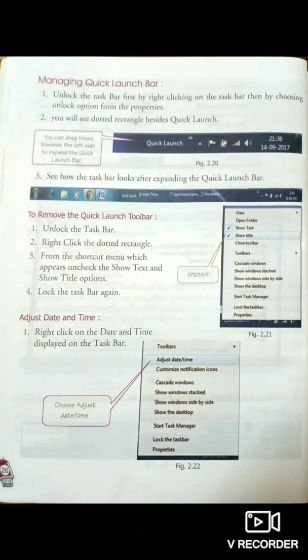Then you will see some dotted rectangles beside the quick launch portion. See how the taskbar looks after expanding the quick launch bar in the screen shown here.